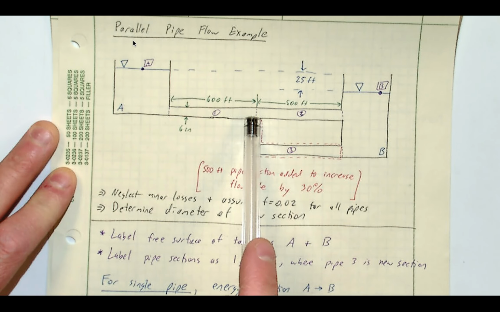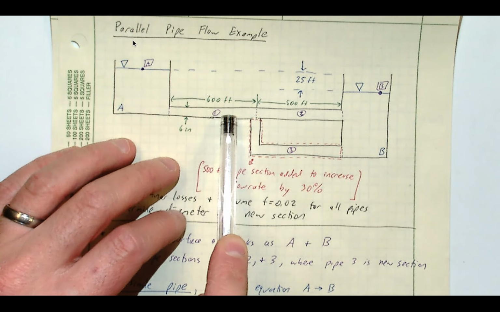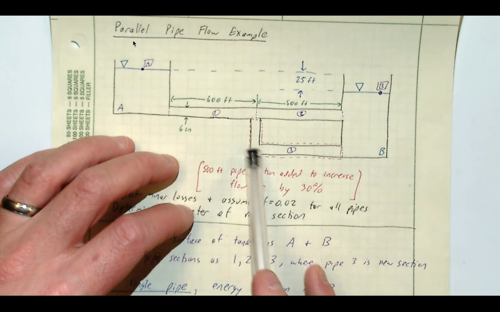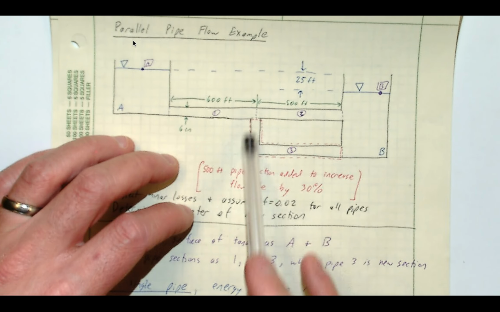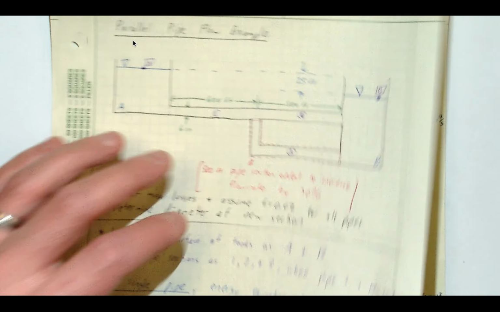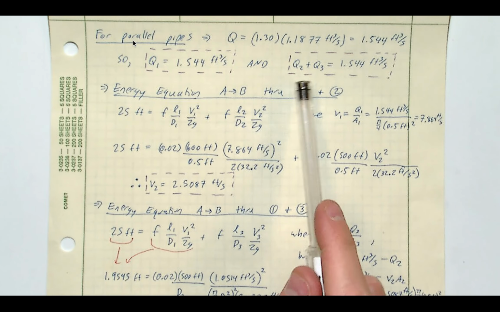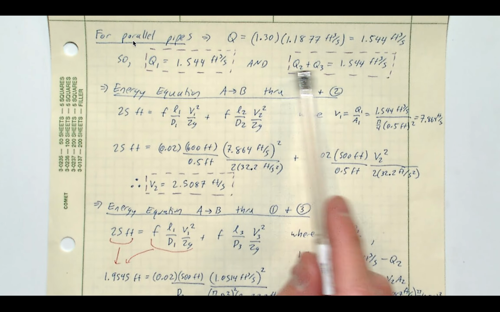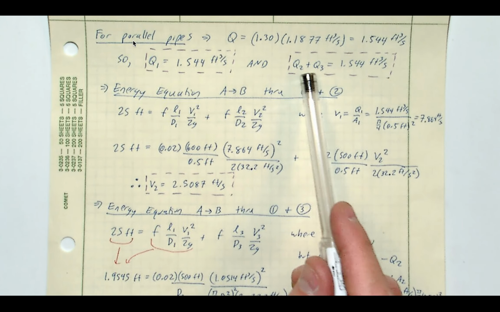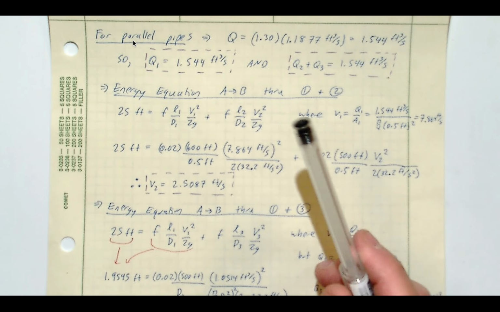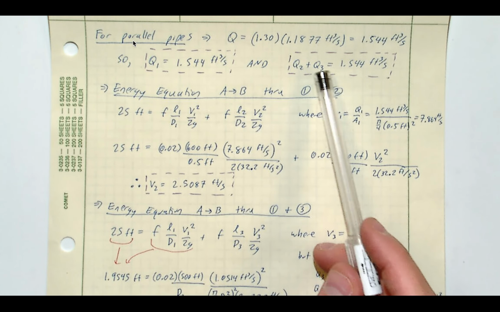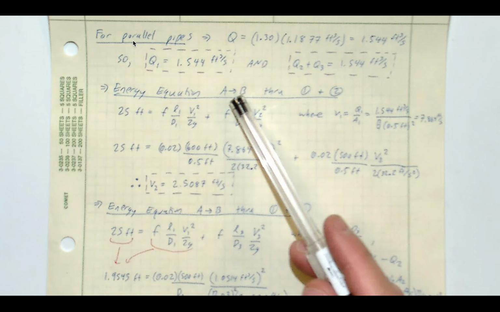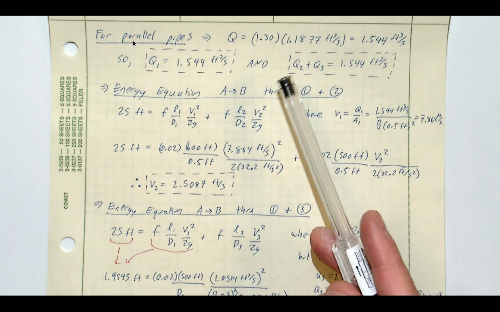So the volumetric flow rate here is that 30% increase, but that's going to equal the sum of the flow rates through pipes 2 and pipe 3. So our sum of Q2 and Q3 is given by that volumetric flow rate. To separate these two and determine what the diameter of that third pipe needs to be, we apply the energy equation from A to B through the two different ways